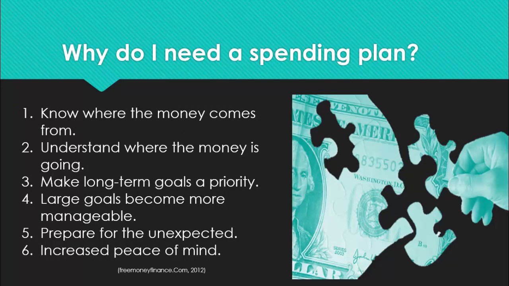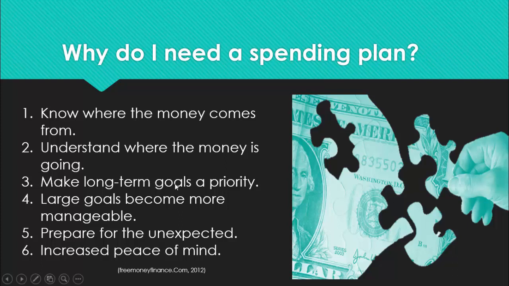So the first one is to know where our income is coming from. Anything like jobs, scholarships, loans, grants, all of those things would tell us where our income is coming from. And our second one is to know where our income is going. Things like bills, school, books, paying back loans, gas, food, medical expenses, all of those things will tell us how our money is being distributed.